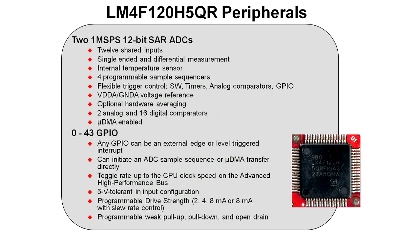Looking at some more of the peripherals, there are 2 1-megasample-per-second 12-bit successive approximation A-to-D converters. The two share 12 shared inputs. Any of those inputs can be single-ended or differential. There's an internal temperature sensor, 4 programmable sample sequencers that we'll talk about later, and very flexible trigger control. You can trigger it with the processor through the software, with the timer, with an analog comparator, or directly from